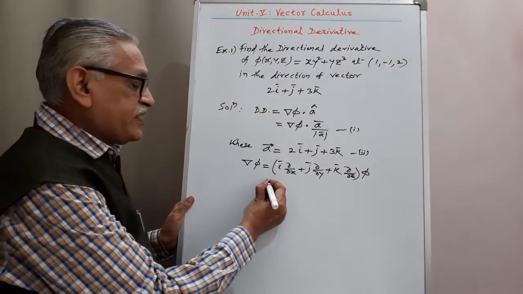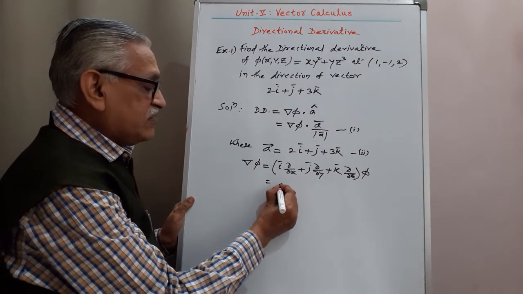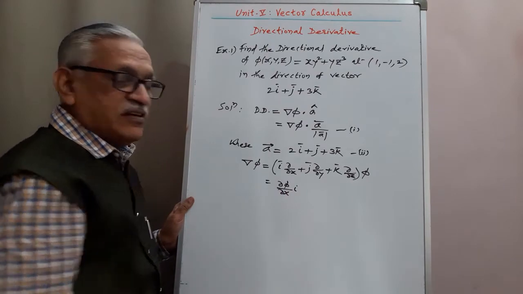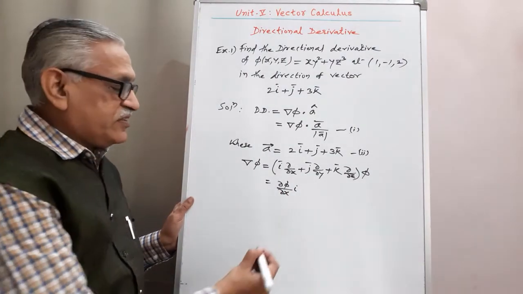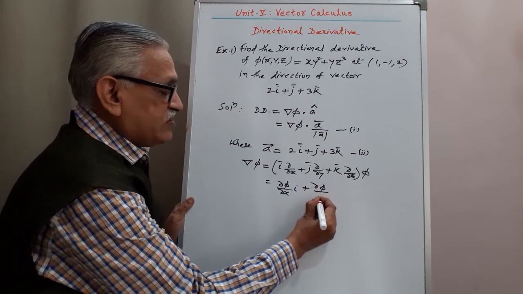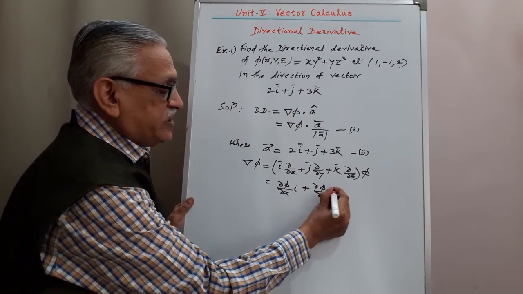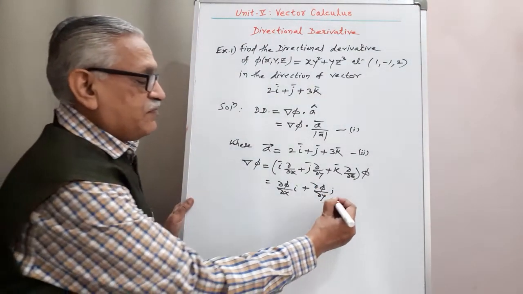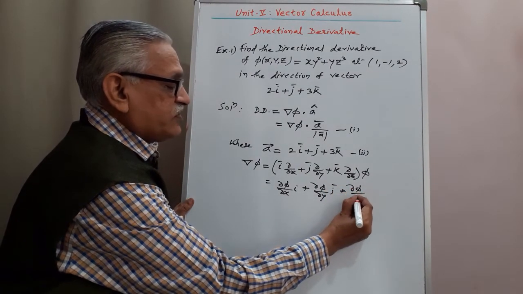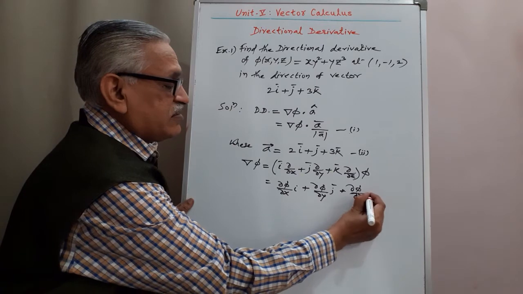Operating that operator we get dou phi by dou x into i, the differentiation of phi with respect to x, plus dou phi by dou y into j, plus the differentiation of phi with respect to z into k,